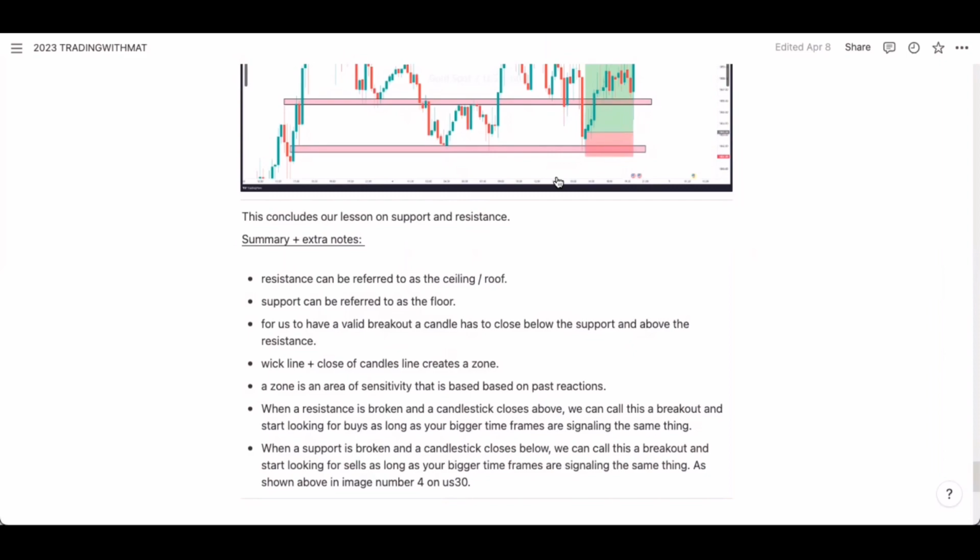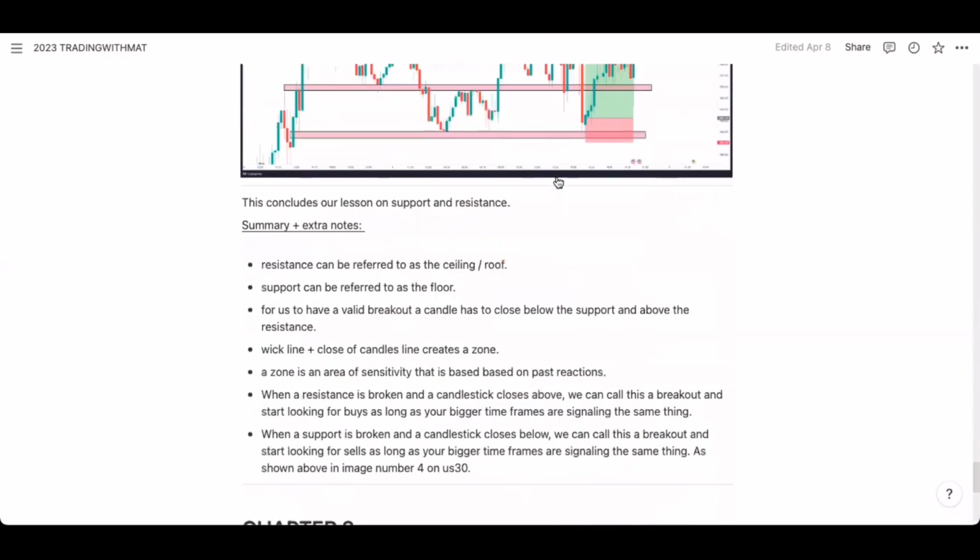When a resistance is broken and a candlestick closes above, we can call this a breakout and start looking for buys as long as your bigger time frames are signaling the same thing. When a support is broken and a candlestick closes below, we can call this a breakout and start looking for sells as long as your bigger time frames are signaling the same thing, as shown above on image number 4